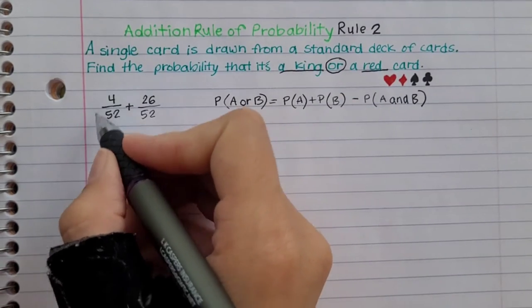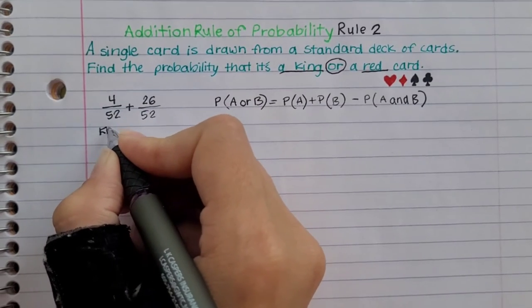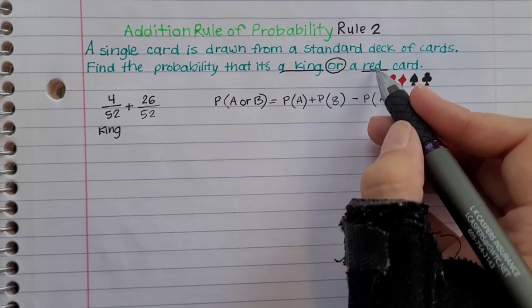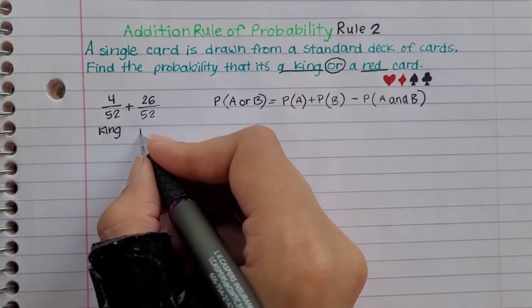So the probability of our king is right here, plus the probability of B, which is our red card, that is right here,